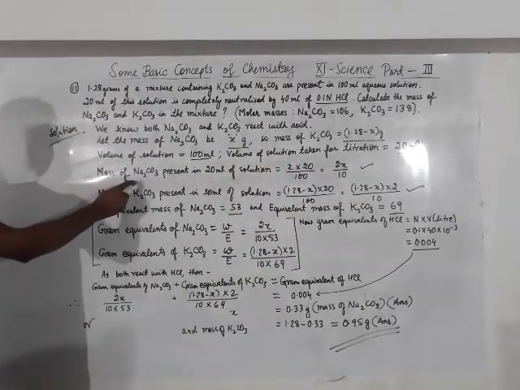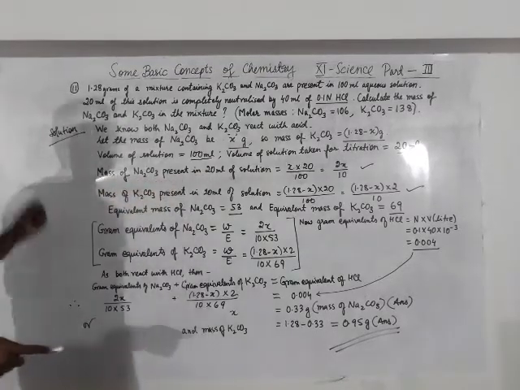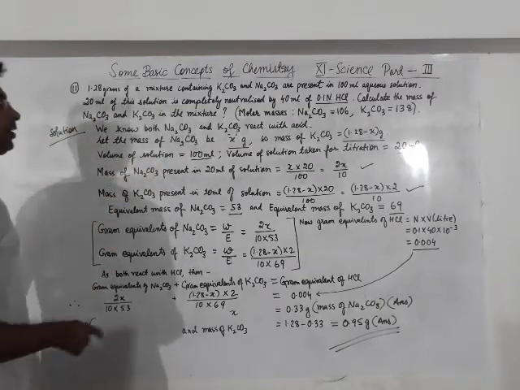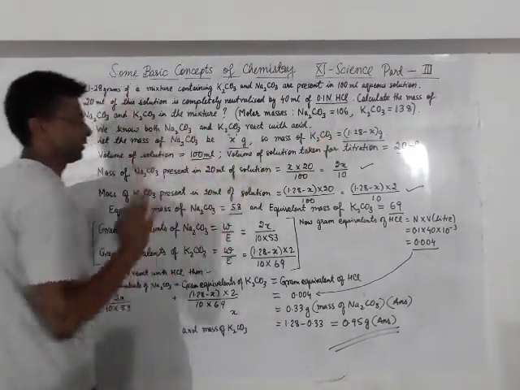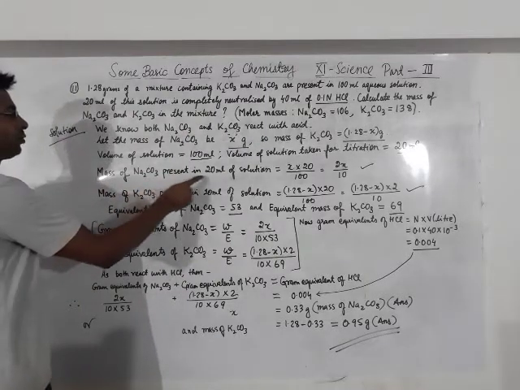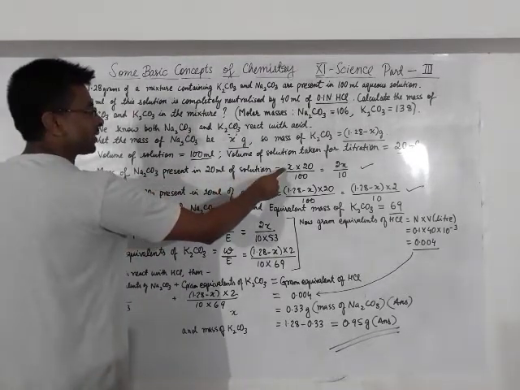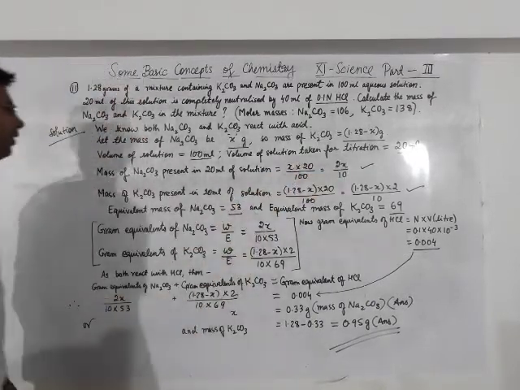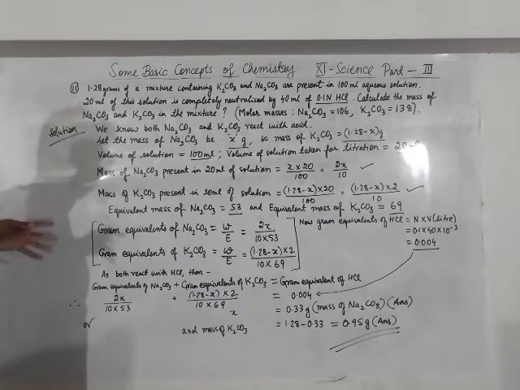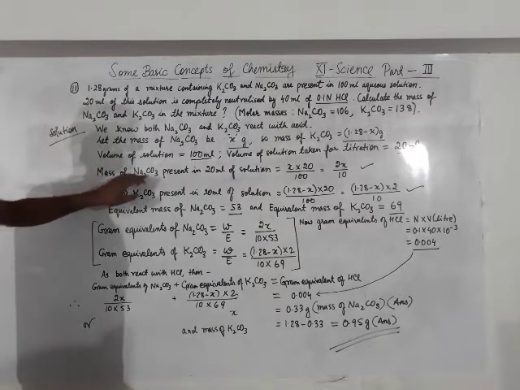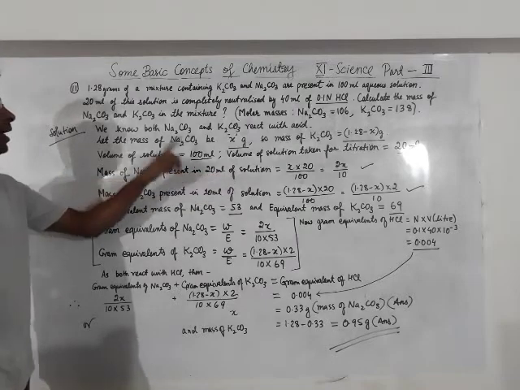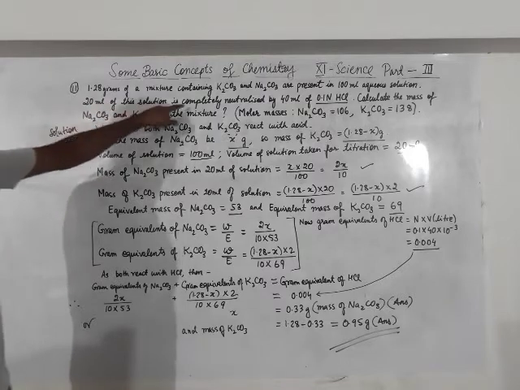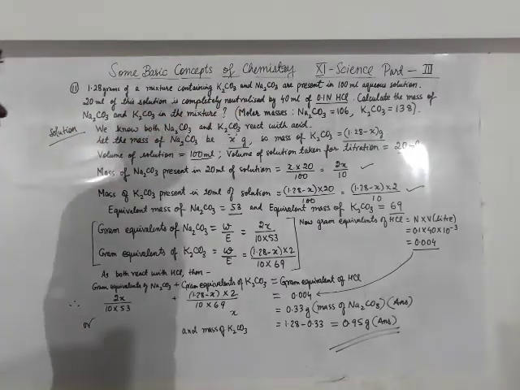Now the mass of sodium carbonate present in 20 ml. We have to get the mass of sodium carbonate present in 20 ml in terms of x. So the mass of sodium carbonate present in 20 ml will become x by 100 into 20. That comes to 2x by 10. A very, very important sentence. From the volume we are getting the mass of sodium carbonate present in 20 ml of the solution, because the entire solution is 100 ml. And for titration only 20 ml of the solution was taken, neutralized by 40 ml of 0.1 normal HCl.